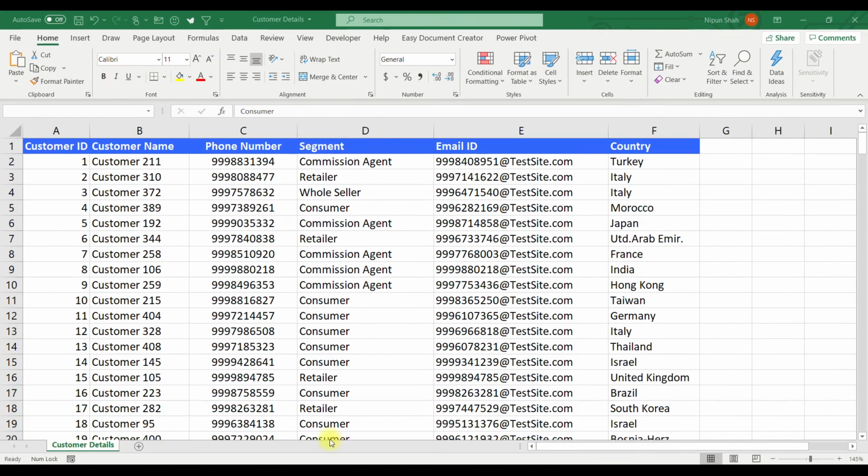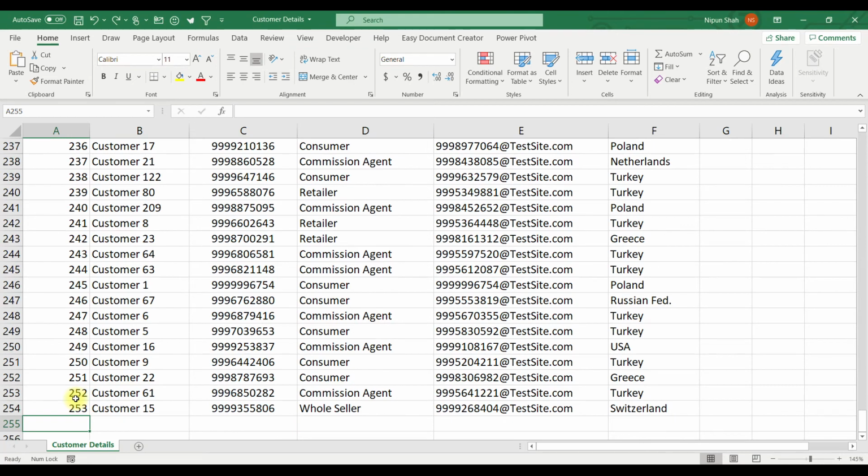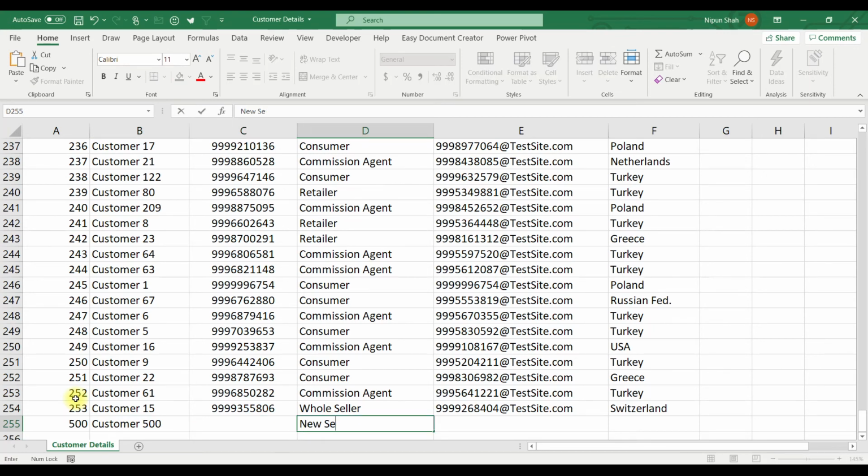In the customer details, I have customer ID 500, customer name is customer 500, mobile number I am leaving blank, the segment is new segment, email ID I am leaving blank, and the country is new country.